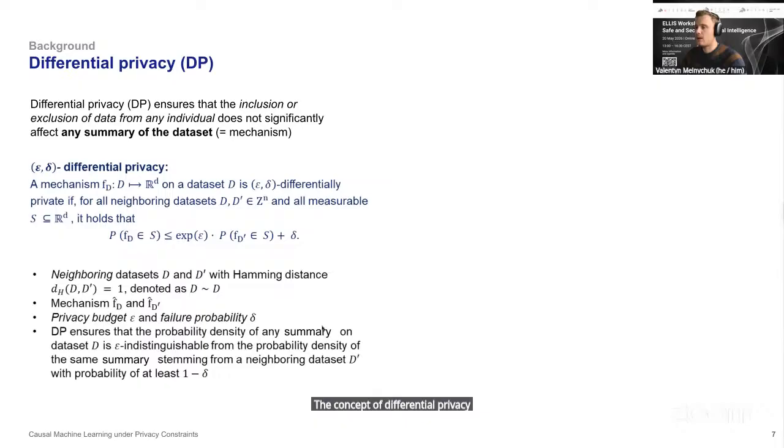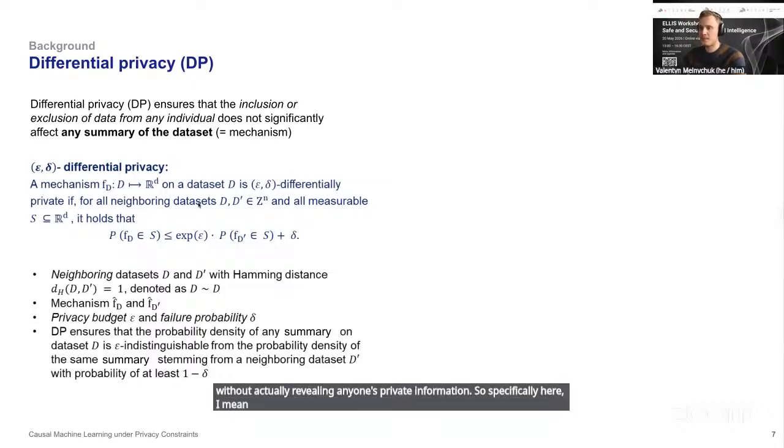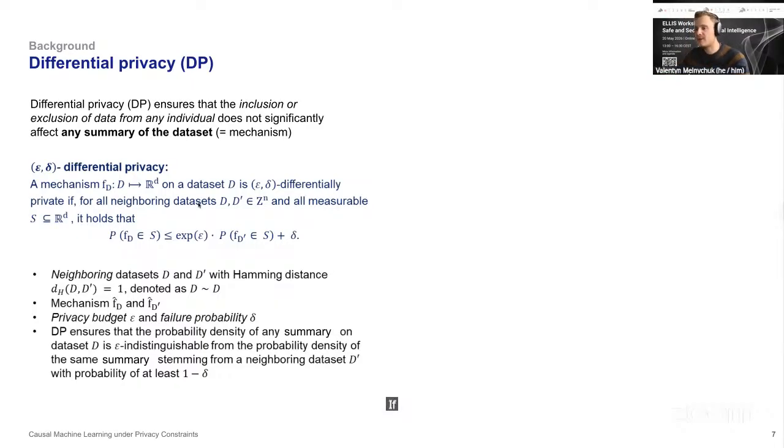So I think it's around 20 years old, and it was proposed as a formal way to release some summaries or descriptions of the data set without actually revealing anyone's private information. Specifically, if we want to build the epsilon-delta differentially private algorithm, mechanism, or summary,